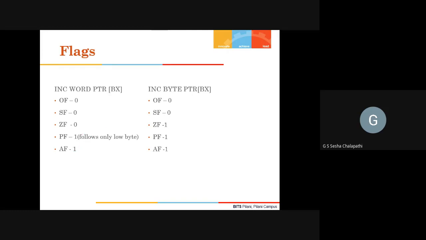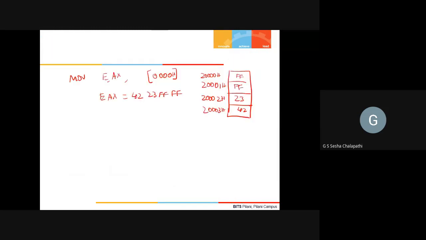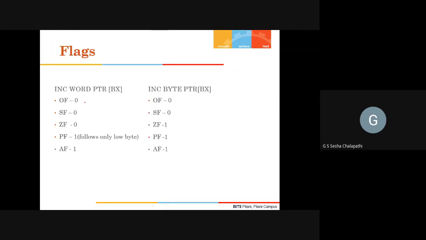In the example that I have taken here, what has happened? FF has become 0. So in the case of a word pointer, the zero flag will become zero.